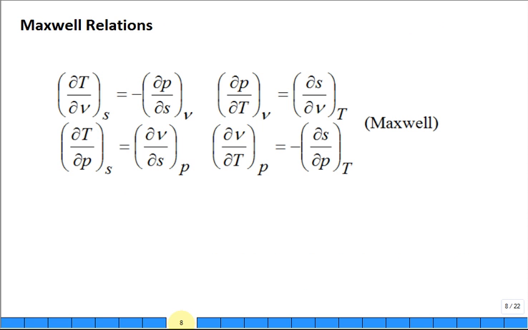We can get the classic Maxwell relations. If you take thermodynamics, there's a few things you should hear about. One is the Maxwell relations. Well, there they are. They're just relationships between properties. Here, they look pretty abstract, don't they? Here's one of them. How does temperature change with respect to specific volume holding entropy constant? It's related to how pressure changes with respect to entropy holding volume constant. I don't know. They're pretty abstract, cold and hard, right?